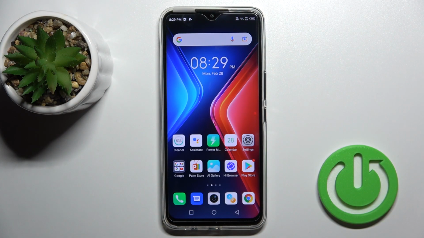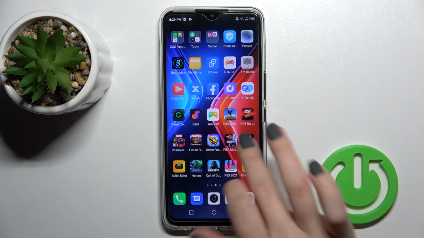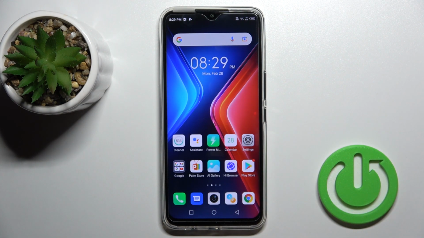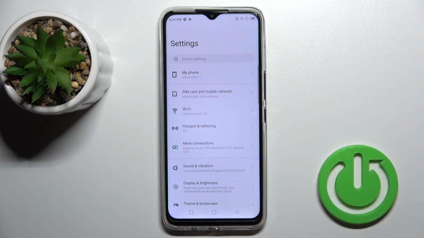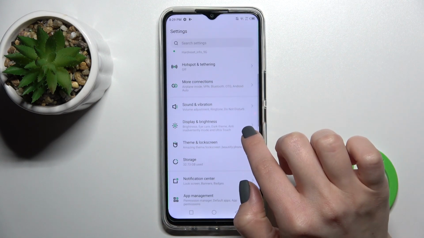Welcome, today in front of me Infinix Hot 11, and I'll show you how to change lock screen wallpaper on this device. So you can do it in two ways. The first one, you should go into the settings application and then here click on the